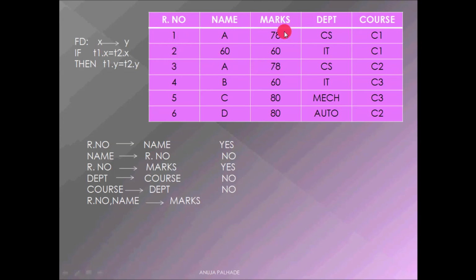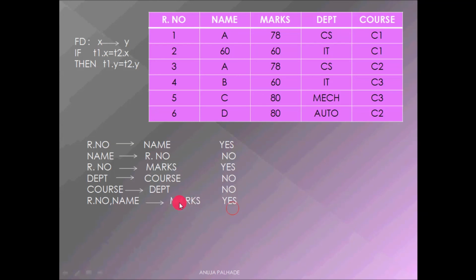Now we are bothering about the y. Suppose marks is y here. Yes, this is also matching. Then if this is 1, this is functionally dependent. Now what about this case? In this case also it is functionally dependent because we are not finding any matching case. All are unique, so we are not bothering about the marks. So this is functionally dependent.